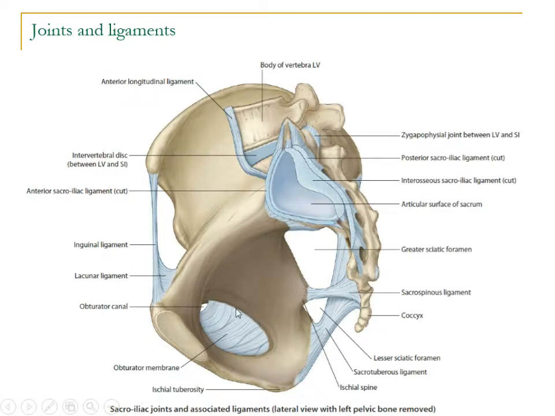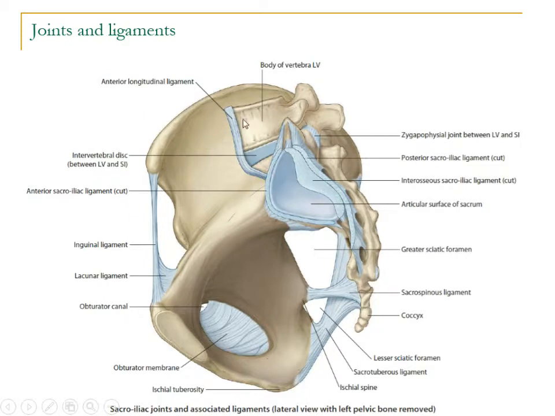And this opening over here is the obturator foramen, which allows the passage of the obturator nerves and vessels into the medial compartment of the thigh through this small obturator canal, and the rest of this obturator foramen is closed by the obturator membrane. And over here we can see the inguinal ligament running from the anterior superior iliac spine to the pubic tubercle, and part of this inguinal ligament is reflected over the pectineal line, which is known as the lacunar ligament.